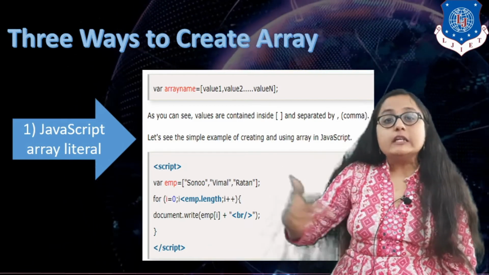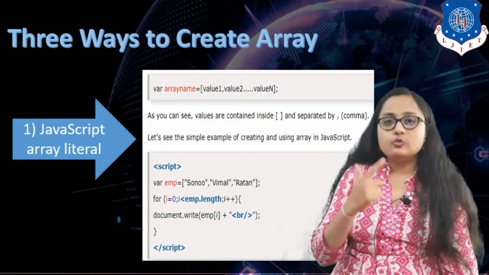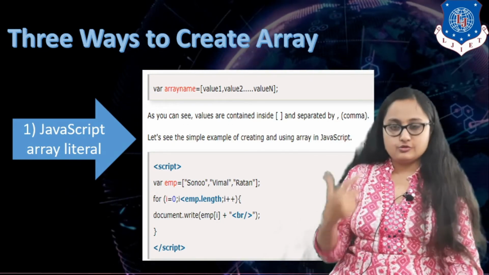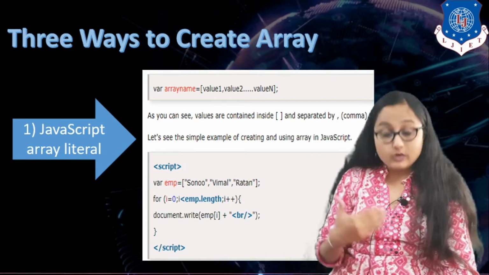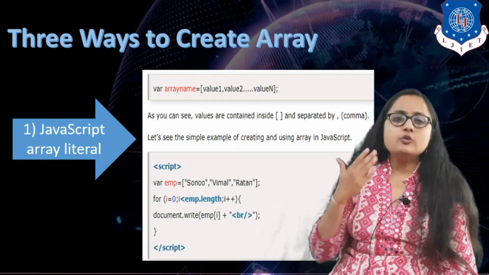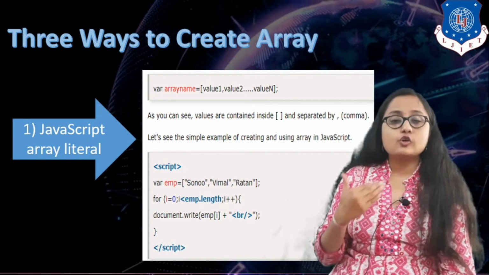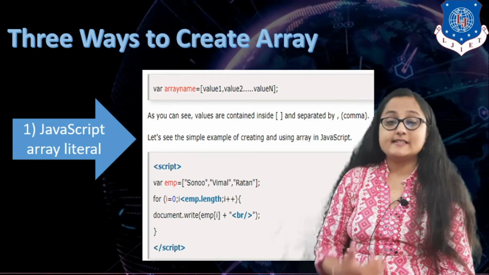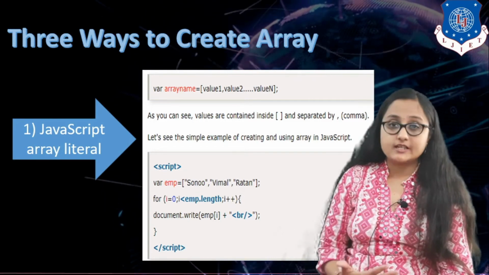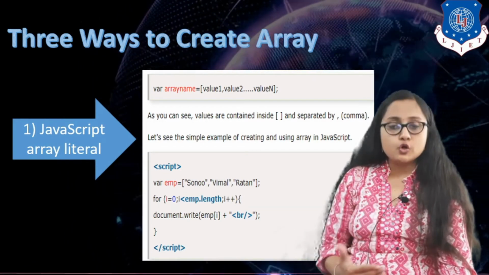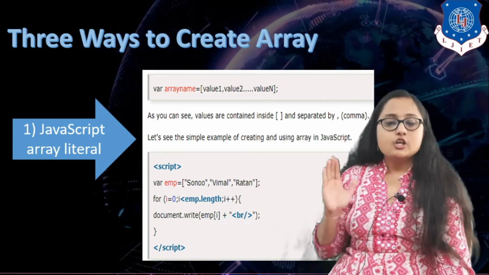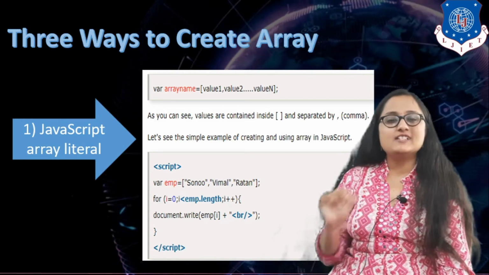If I want to iterate through this array, you know that in any programming language, you need some sort of loop. Every loop that you have written in C is also supported in JavaScript in exactly the same syntax. So if you want to use a for loop, you write the exact same loop that you have written in C, right? Here you can see for i is equal to 0.